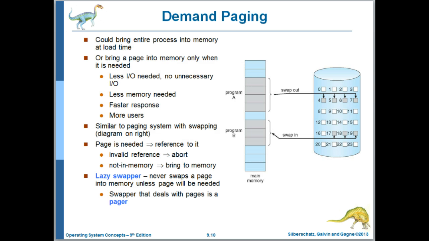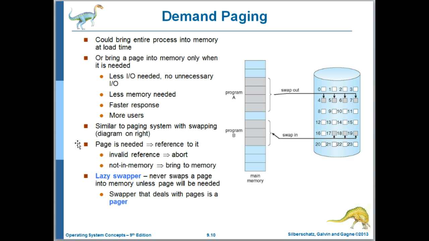So demand paging is the idea that a process's pages are only brought into memory when they are actually demanded or needed. So this improves the process's startup time and reduces its memory footprint. As noted here, it's similar to swapping, except with the swapping that we talked about in the last chapter, swapping was at the level of the entire process's address space. Now we're performing swapping at the page level,